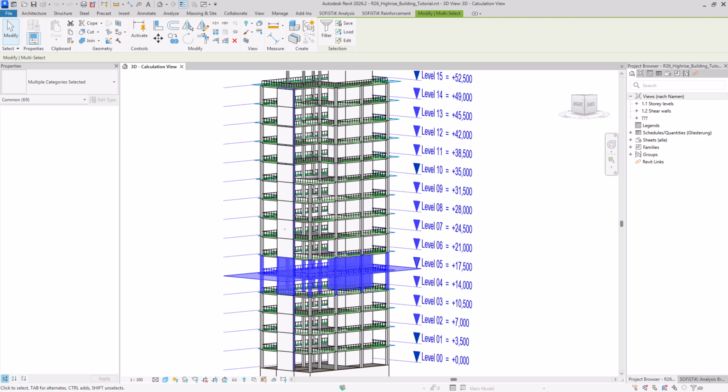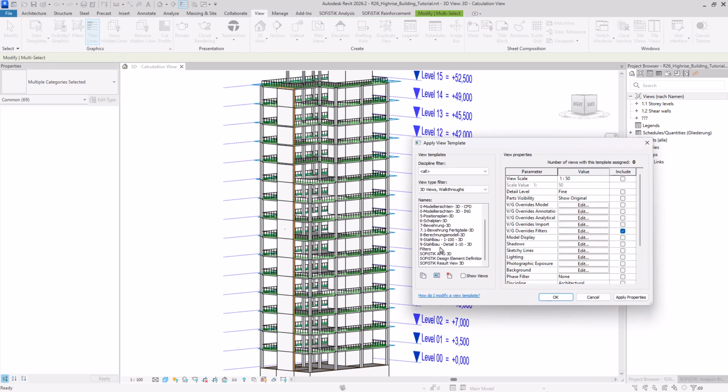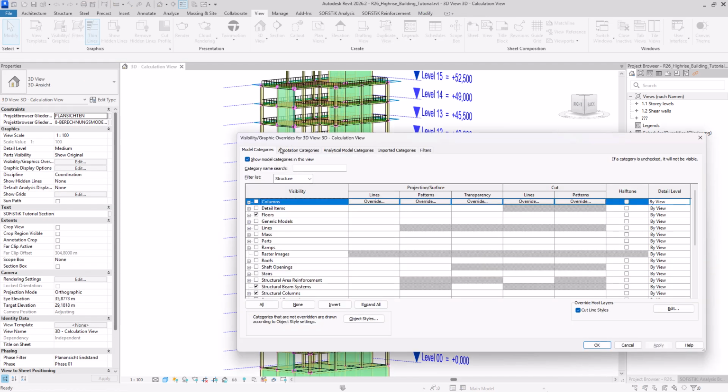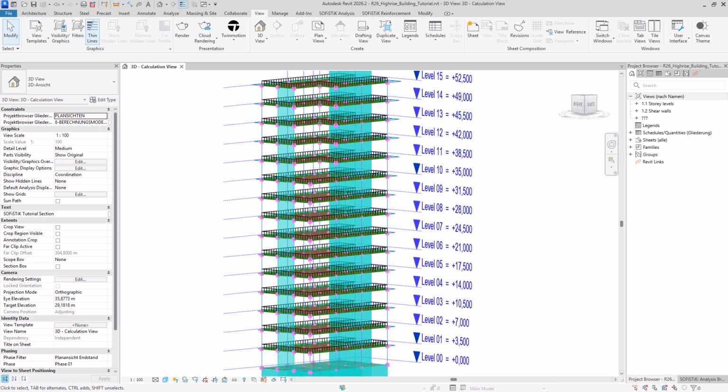a separate place. To begin with, we apply the AMG view template to have a better visualization of the analytical model. We go to View, View Templates, and select Sophistic AMG 3D. Furthermore, we deactivate the visibility of the physical model. Now, we select our desired elements